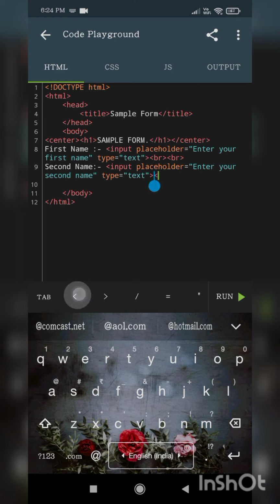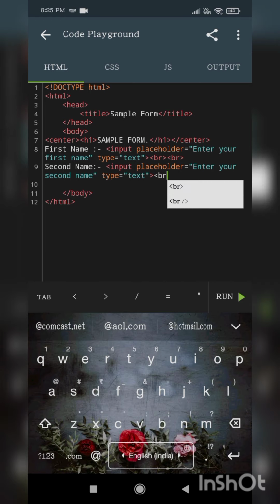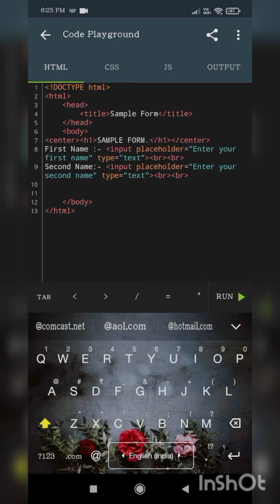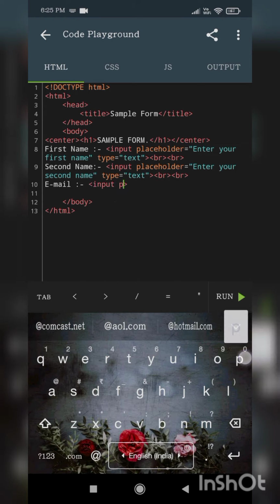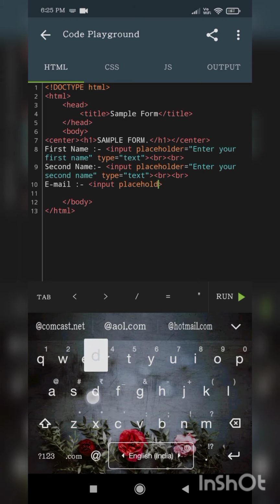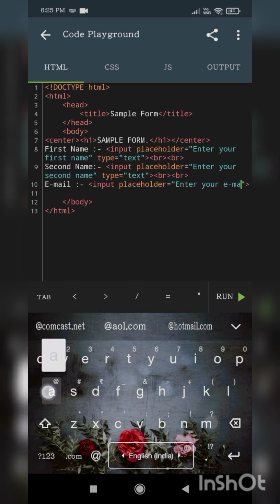Also, in some forms they may ask you to enter your email address. So write email, then the input tag, placeholder, here enter your email address.